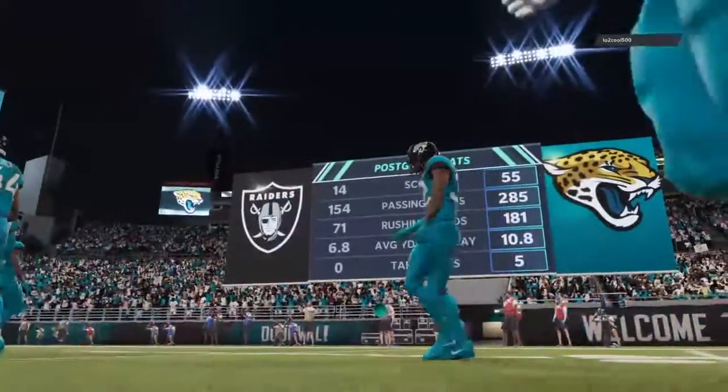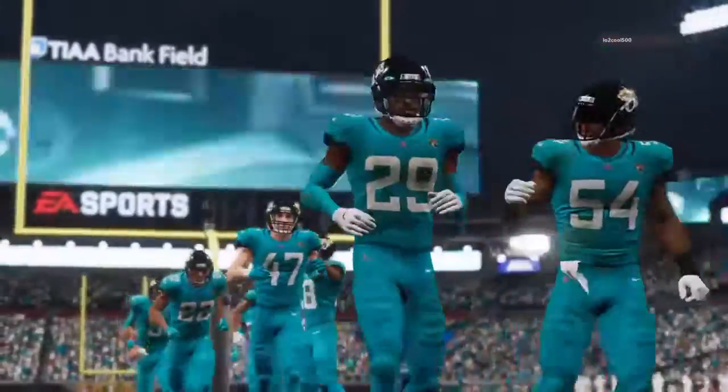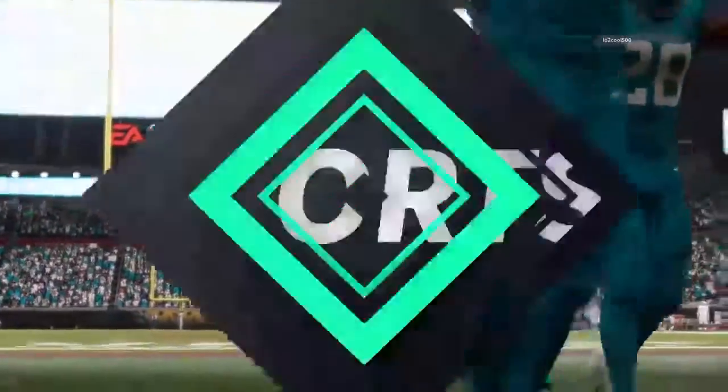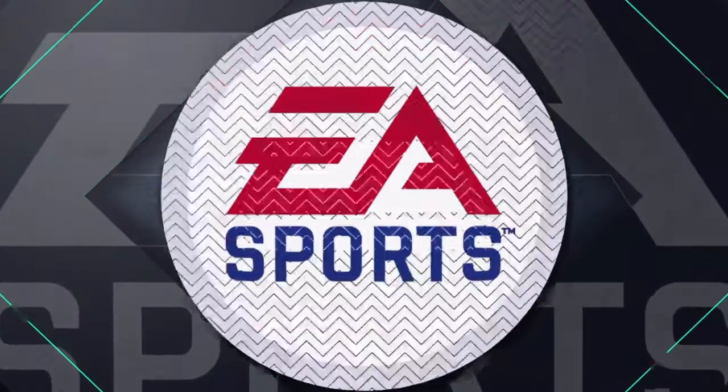So for the Jags, they're setting themselves up as a major contender as they move to 8-1 now on the year. And they'll be able to enjoy this one through the bye week before they get back at it again. Meanwhile, for